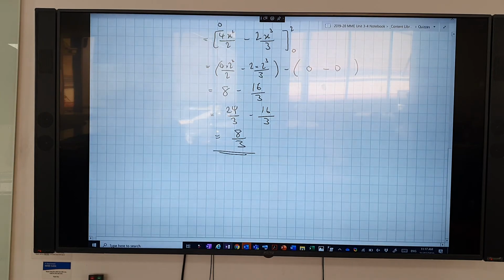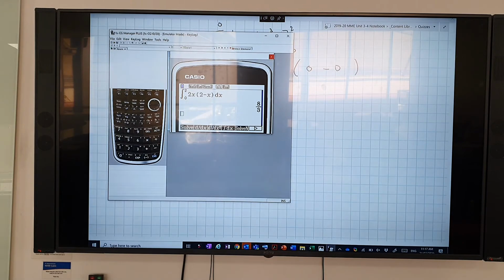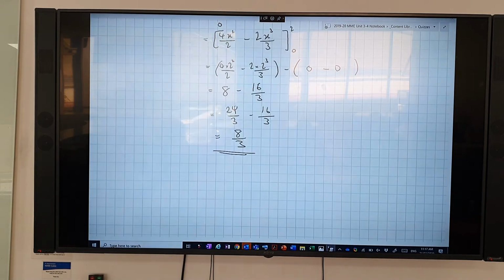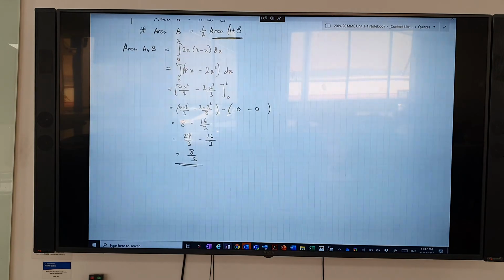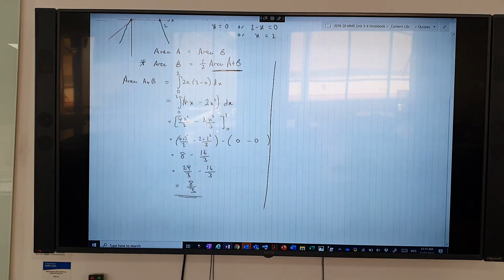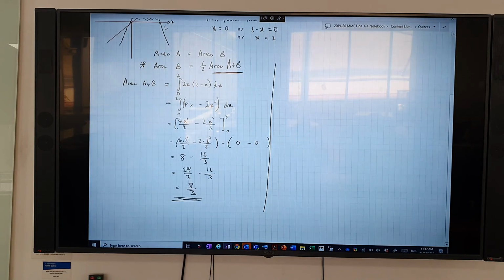There you go. Didn't really need to calculate for that, did we? Be careful, you're more likely to make a mistake on that than you are on that. So be very, very careful. Know your limits. That's why I quite often will do it manually, because I know I do a better job manually than doing it on my calculator. So there you go. We've got that area, haven't we?